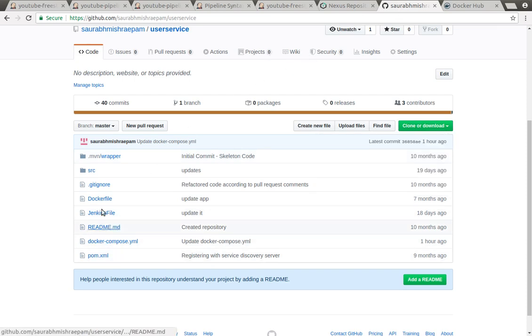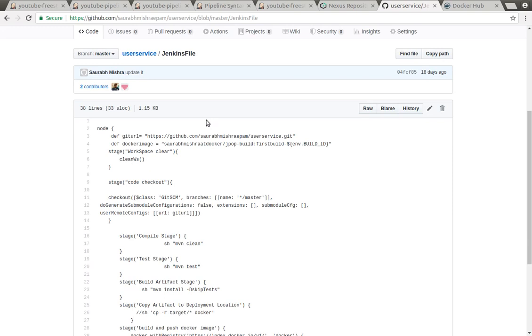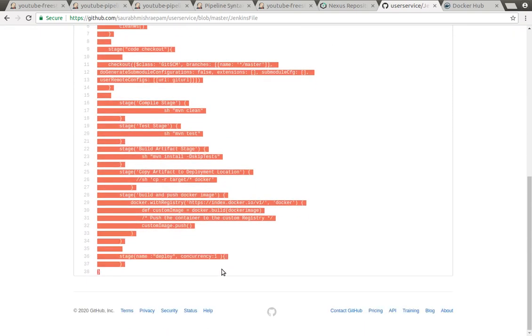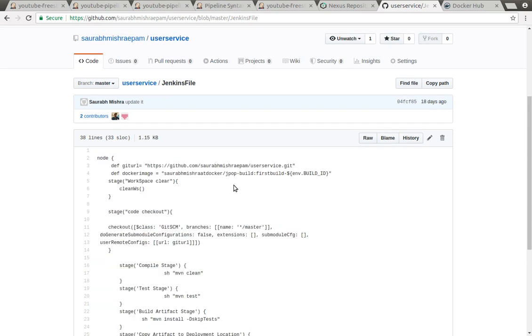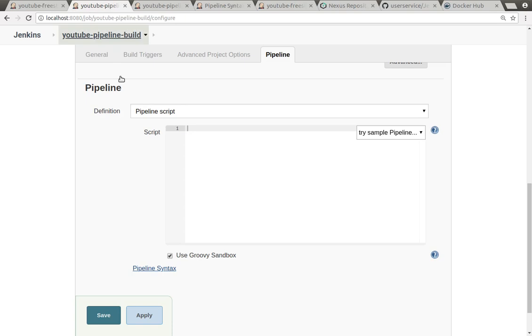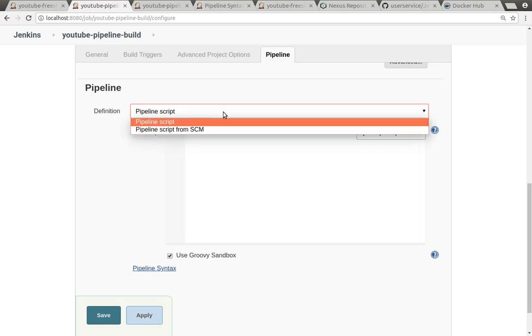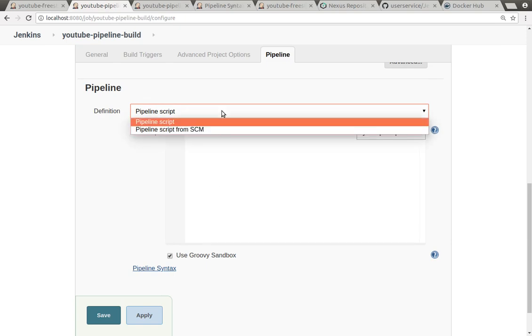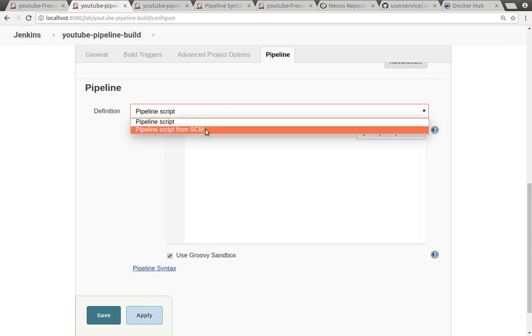If you see that one, there is a Jenkinsfile as part of your application repository, where I'm maintaining whatever command is required for the build. I am maintaining that build script. So this Jenkinsfile you can directly configure as part of your Jenkins pipeline by using the second option. The first is the script option, where the Jenkins pipeline will have the script. The second option we have is by using SCM.